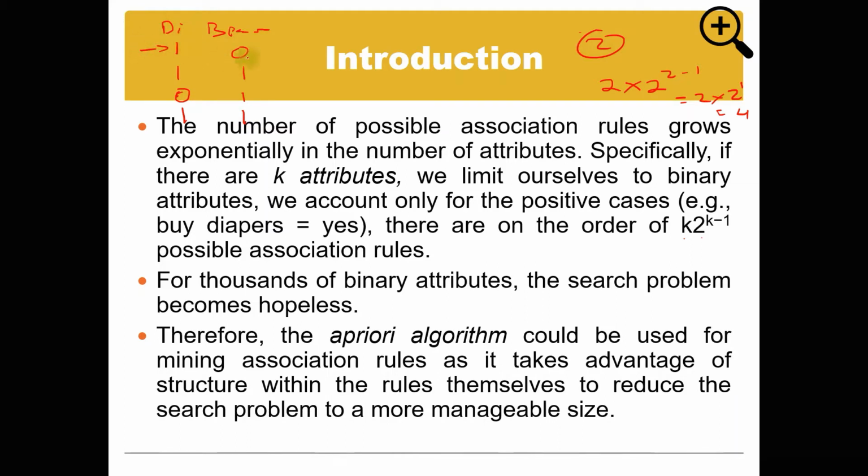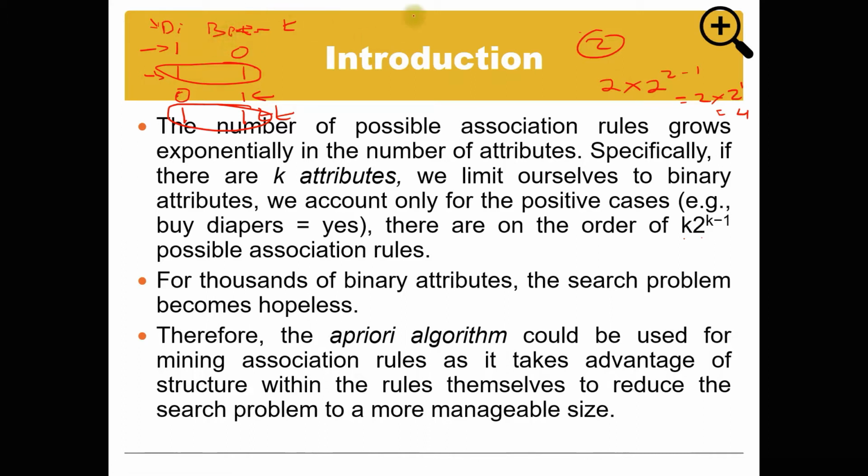If a person buys diaper, then buy beer. If a person buys beer, then buy diaper. So as you see here, you have to understand that these 2 rules are not the same, because the antecedent for this rule is diaper, whereas the antecedent for this rule is beer. All right. So for this reason, you have to be careful. These are 2 different rules that we are referring to. So in the end, you see that there are 4 different rules that could have been extracted out of